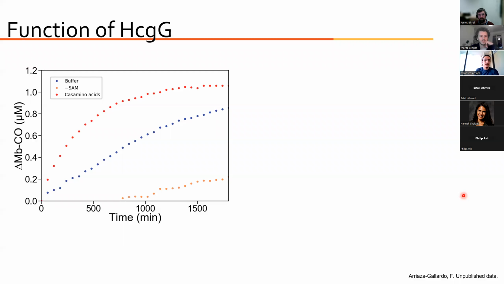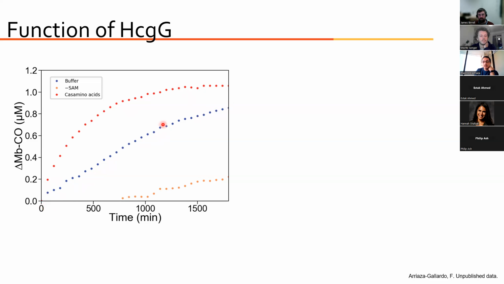We explored this further. Because of the homology to HmdG, we thought that maybe it's an amino acid, like tyrosine, that could produce carbon monoxide. So we incubated ACGG in a solution of Cas amino acids, and we did a myoglobin assay and measured the carbon monoxide production via the change in the spectra. And indeed, we could obtain some carbon monoxide, but when we removed the carbon monoxide on only buffer, we also